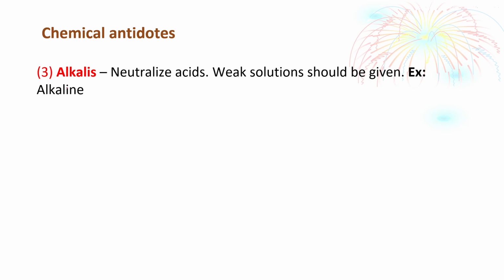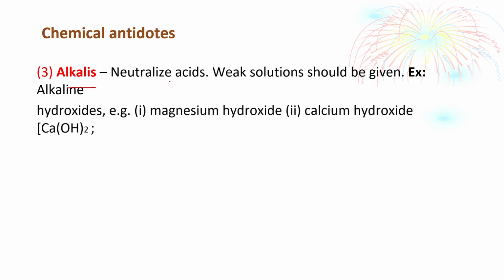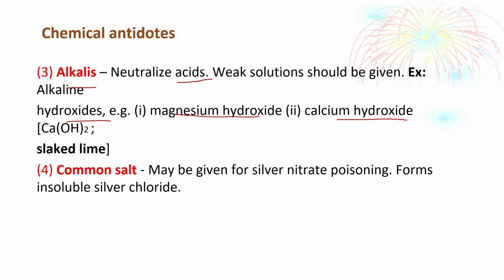Similarly, if the poison is an alkali, acids that neutralize it can be given, and alkalis will be given in cases when the poison is an acid. Hydroxides, for example magnesium hydroxide, calcium hydroxide should be given, as well as common salt in the case of silver nitrate poisoning, producing insoluble silver chloride,